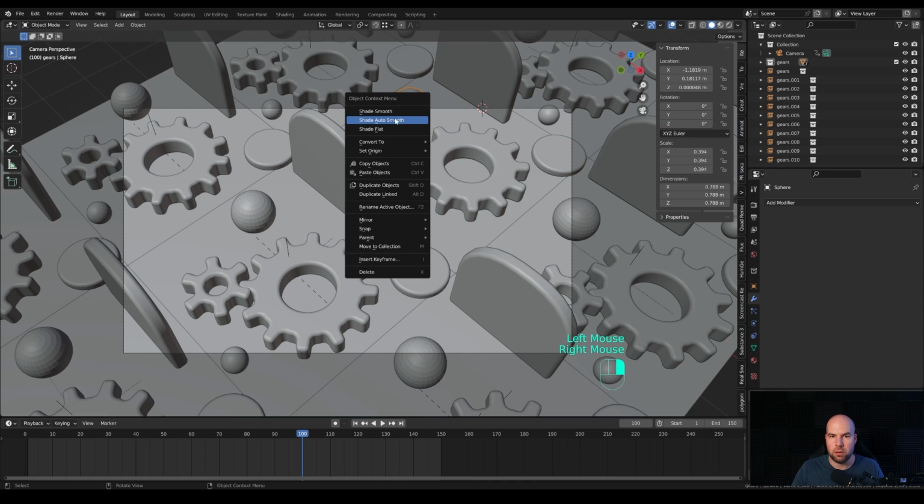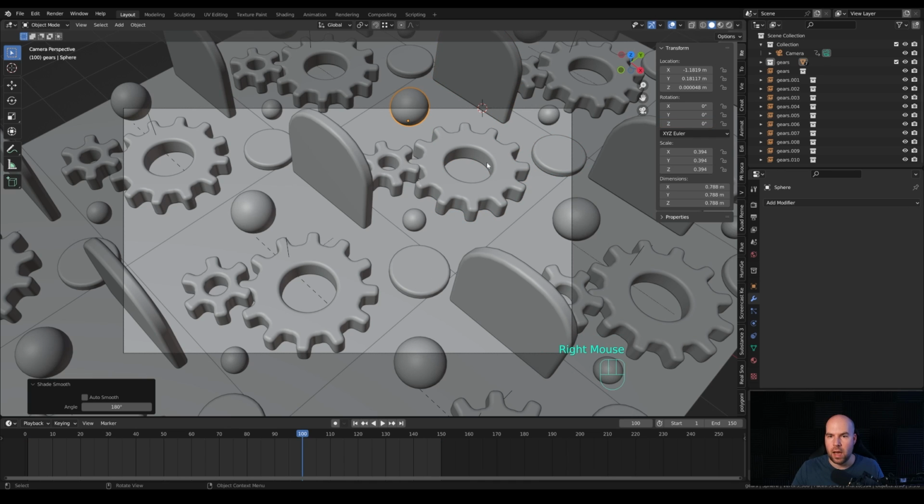Now we can just select the sphere, right click and shade smooth. And yeah, basically that's it for the modeling. So let's take care of the materials. I have downloaded a few of these materials from the Texture Haven collection, as well as some HDRI that we'll use for lighting. So go ahead, follow the links in the description to find those maps and download them.